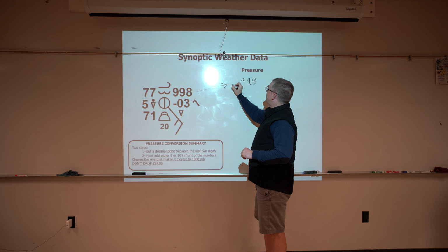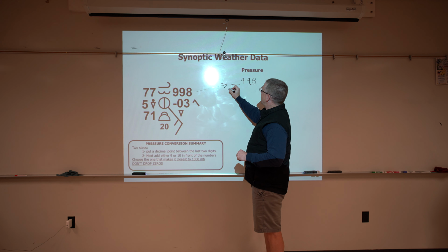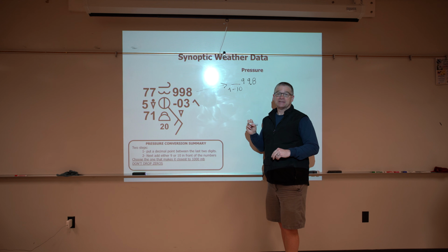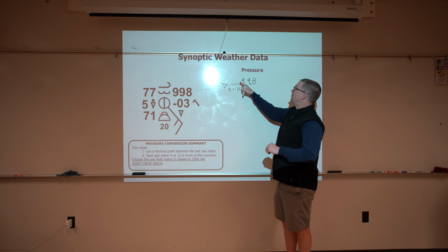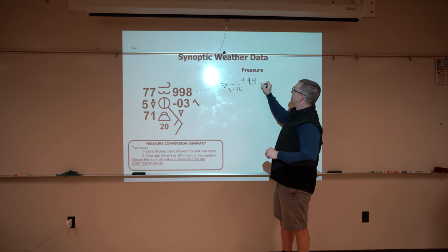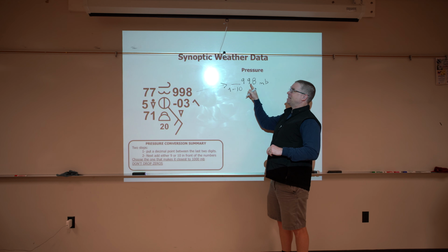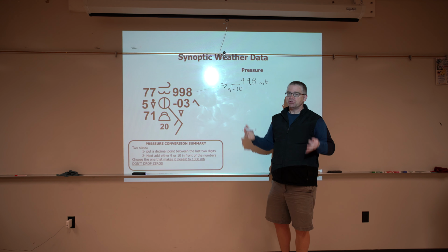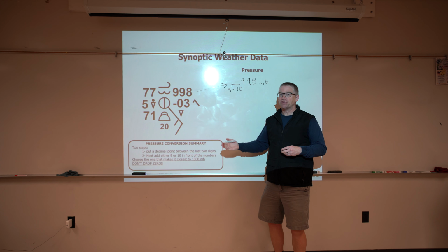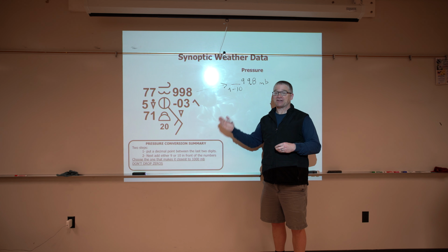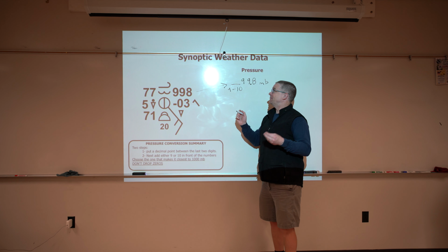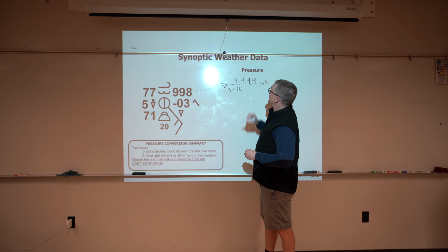And then in the front here, you're going to put either a 9 or a 10 to make this either 999.8 millibars or 1,099.8 millibars. Now, which one do you choose? You choose the one that makes it closest to 1,000. That's the rule of thumb. So you choose the 9 or the 10 that makes it closest to 1,000. In this case, 999.8